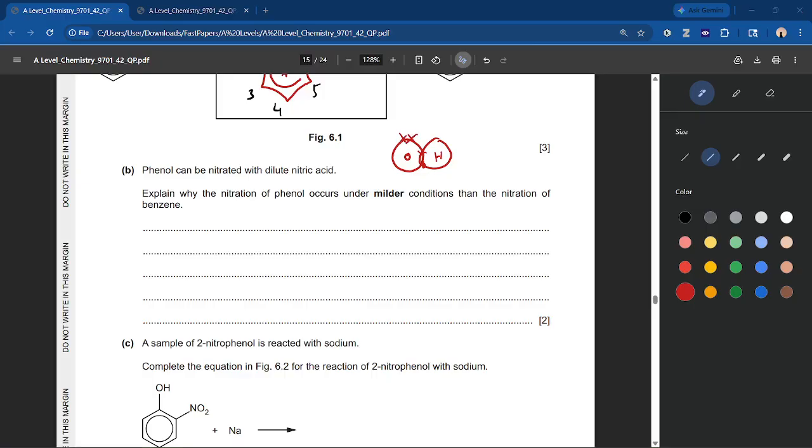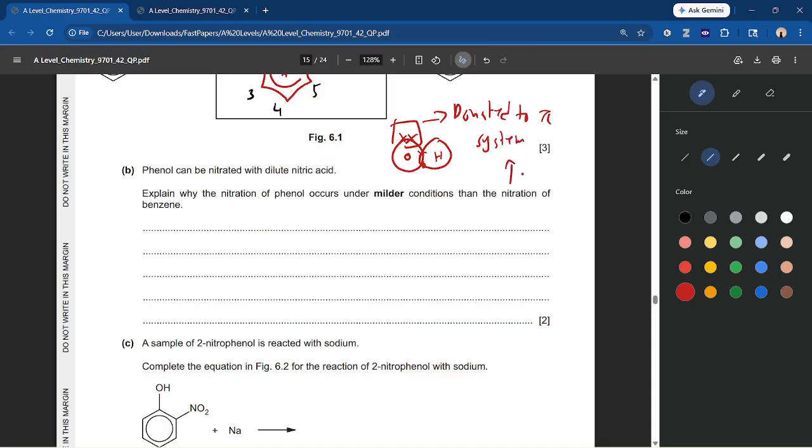This lone pair of electrons is donated into the pi system of the benzene ring, and as a result it increases the electron density. And once you increase the electron density, you're making it more reactive towards electrophiles. So the way you're going to write this is